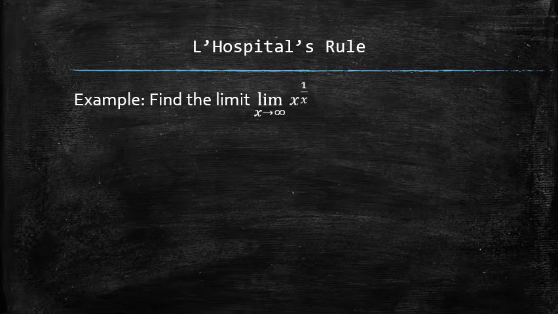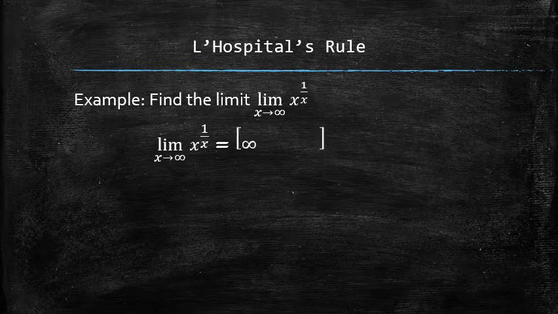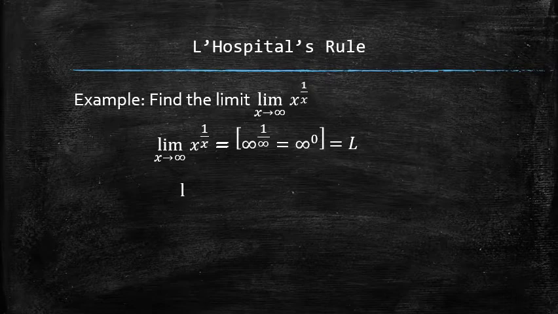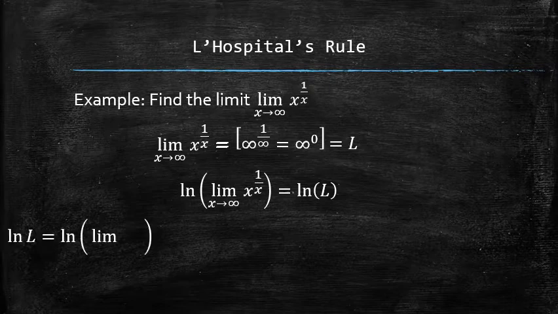We start off the process by identifying the type of the limit, which has the infinity to the 0th power indeterminate form. The L'Hopital's rule doesn't apply to this limit yet, so let's denote this unknown limit with letter L. And let's apply the natural logarithm function to both sides of the equation, assuming that both sides are positive. Now, let's focus on finding the natural logarithm of L.